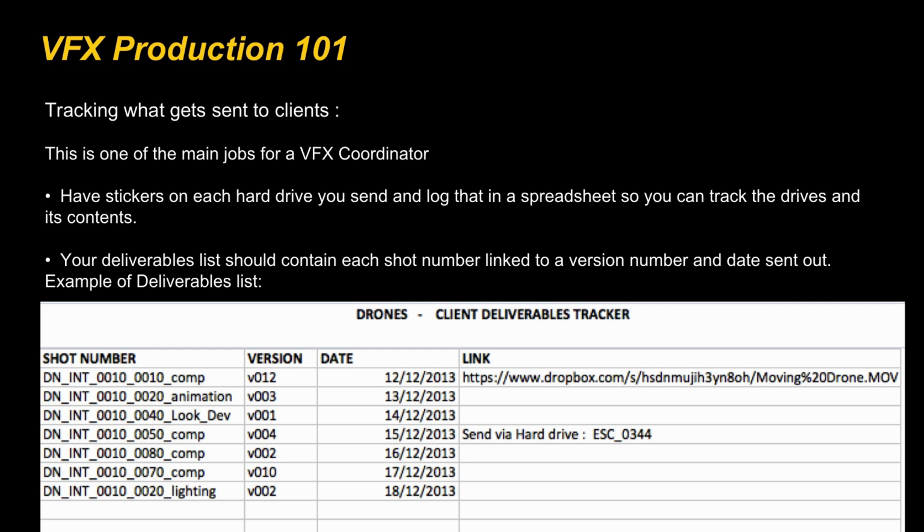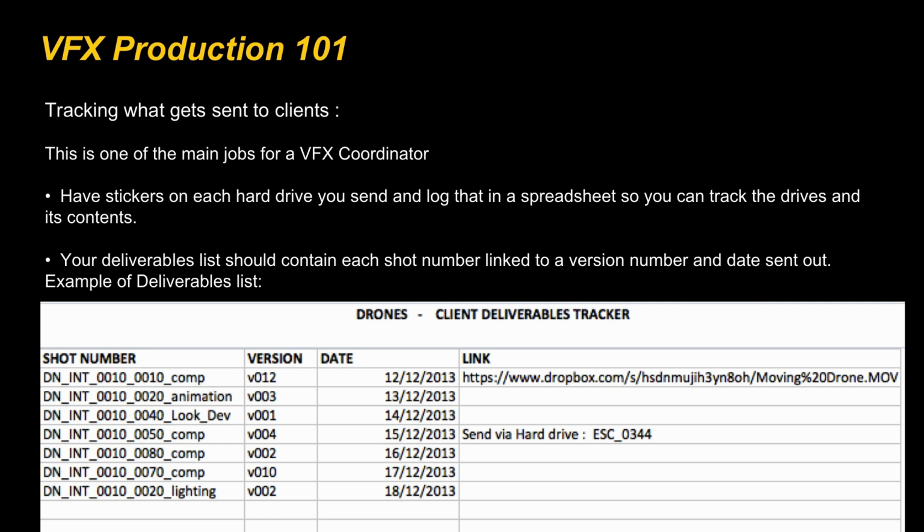And the last thing as a VFX coordinator you want to be doing is you do not want to be in a position where a client's asking you or phoning you and saying, did you deliver these 2 shots? You want to be able to give those answers straight away, and by tracking this on a simple spreadsheet like this, it helps. But the reason I'm showing this to you is because recently, for about a year now,